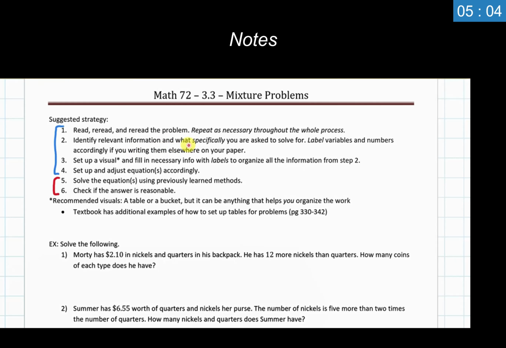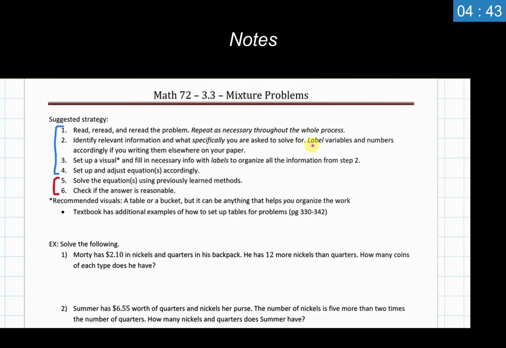A lot of people will just read a sentence or a paragraph of stuff once and then just start solving for random things and not actually doing what the problem is asking. That can get us into a lot of problems because we might find a correct answer but answer a completely unrelated question from what the problem gives us.